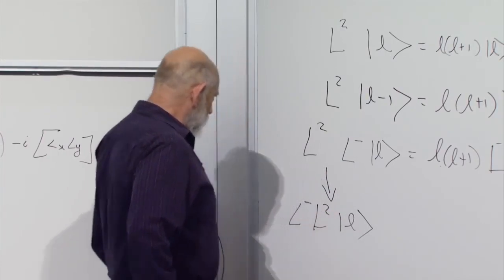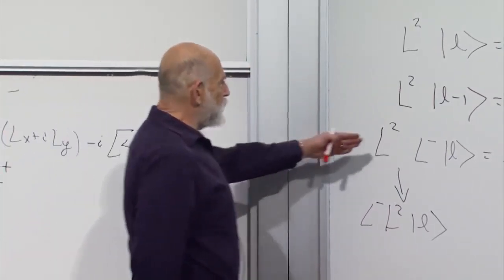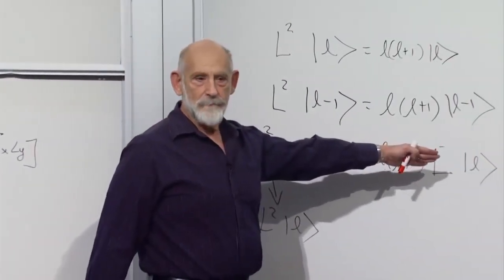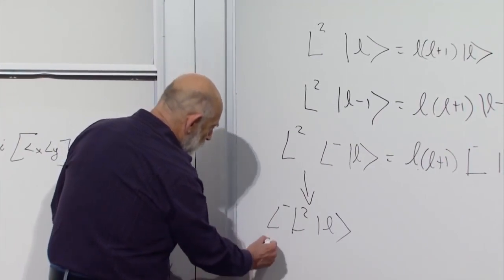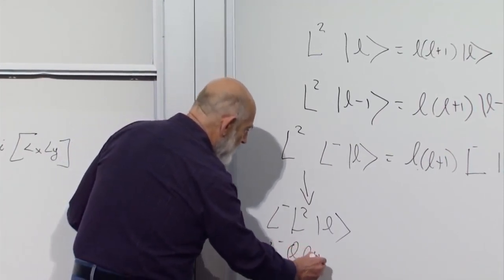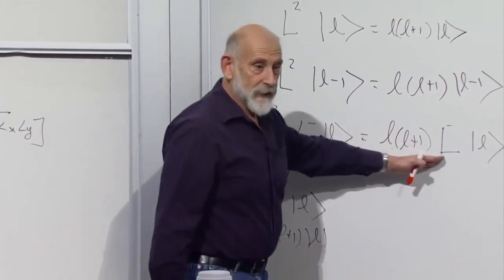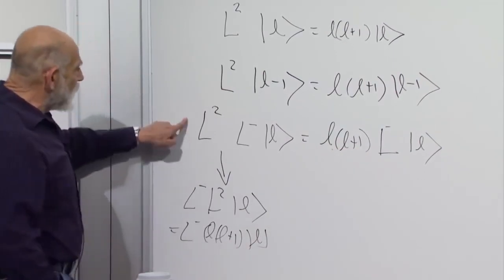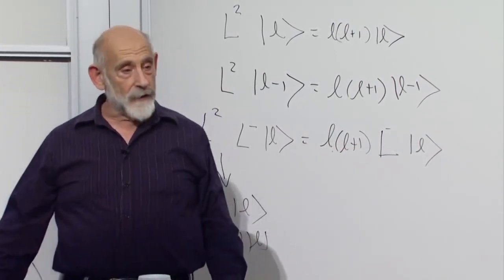That's then equal to L times L plus 1. Yeah, we would have proved this relationship. We would have proved that this is equal to L minus times L plus 1 on L, which is exactly what this says. So if we can prove that L squared commutes with L minus, then we can prove